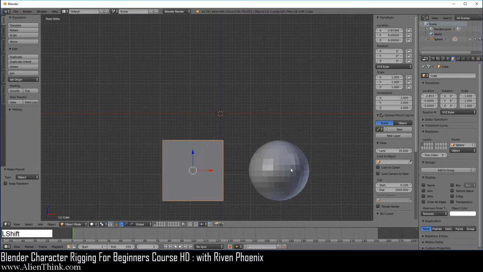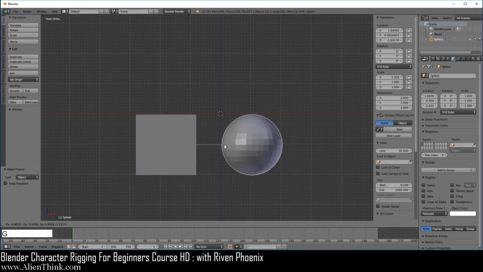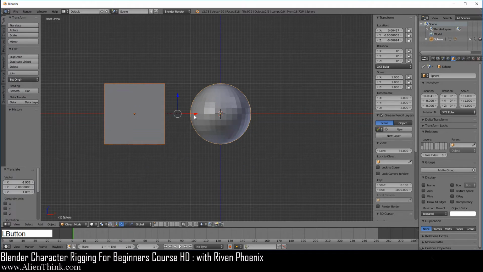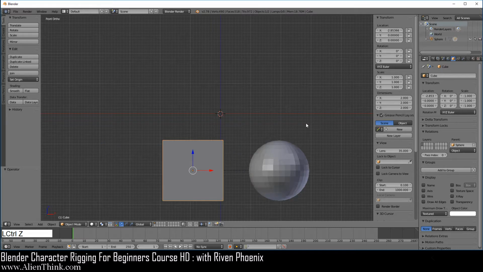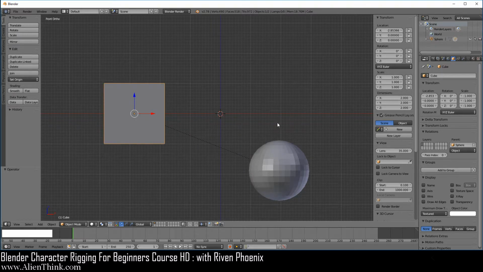Press the Shift key down and click on the sphere. Now you're going to move this origin point to the center over here by pressing the G key and just move it like that. See how this is behaving? So when you're using this, this is what it's doing. But when you do it inside the 3D view, it keeps the offset intact. Go ahead and do Control Z to put everything back the way it was.